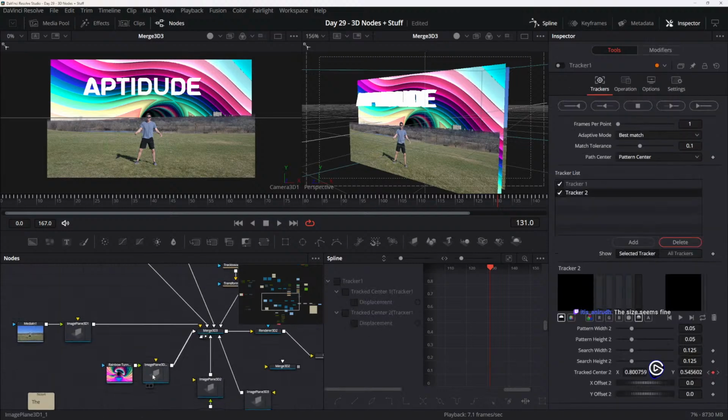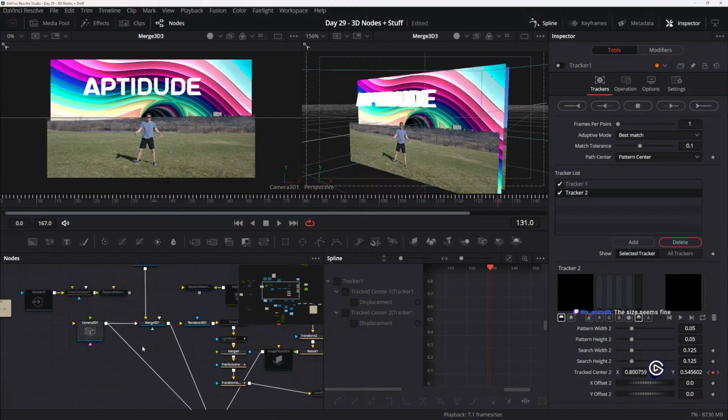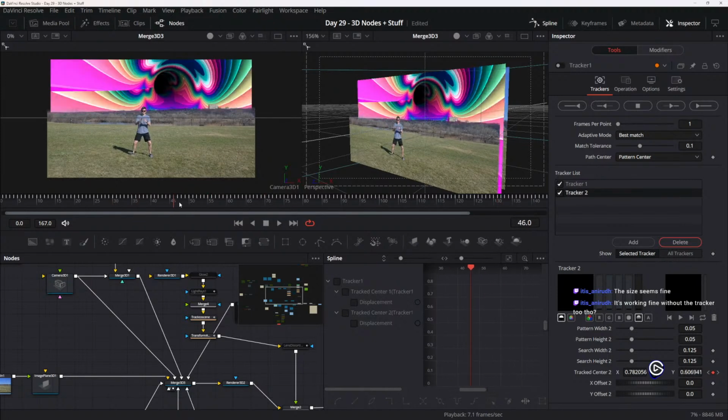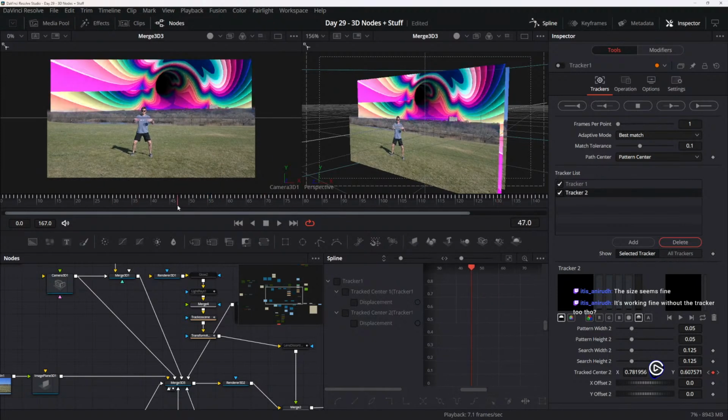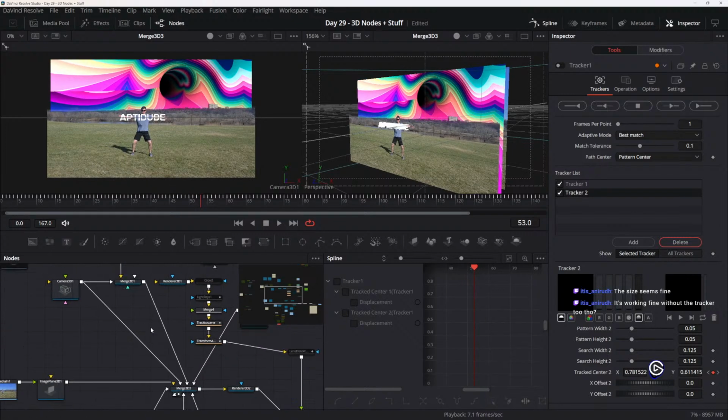Here it is. What if I try to... I have an idea. What if I just... Nah, no. It would look better if it was tracked in. No, yeah, we need it tracked. But I don't think it's too hard. I think we can,